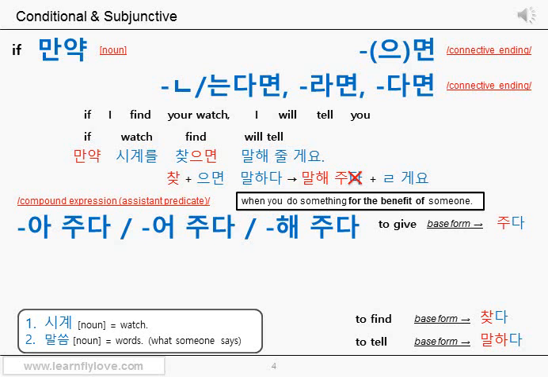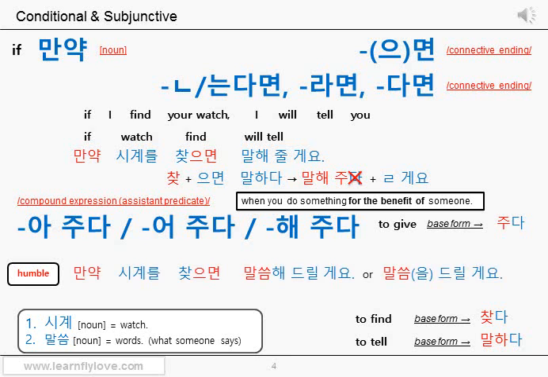The grammar expression 아 주다 is used a lot. You don't have to know whether it's a grammar expression or a cupcake. You can just remember it. Just remember that 주다 is also a predicate, an assistant predicate. That's all, and it adds extra meaning to the main predicate. Then let's make a higher respect sentence. Well, it's actually a humble form. It's something new again, right? We'll tell you what it means very soon. Let's see the correct sentence right away.